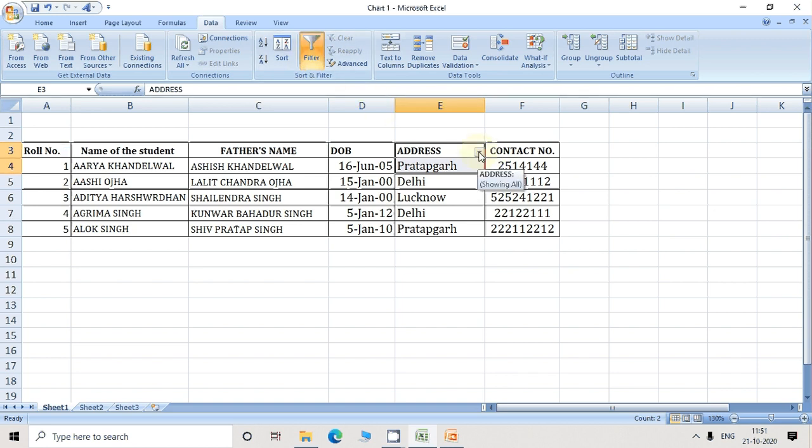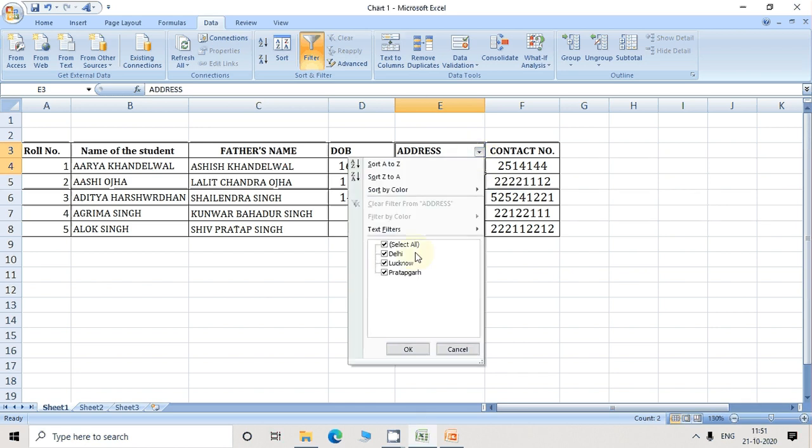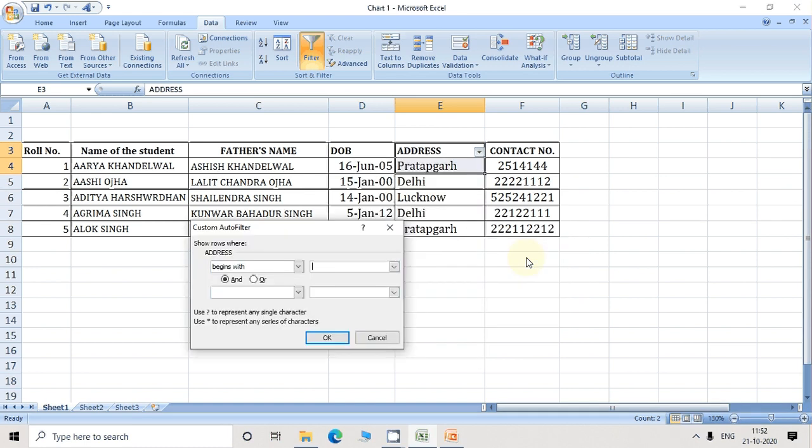Here you click on this arrow, then select text filter and click on this begins with condition. Click on this begins with, that is L, begins with L. You type here the letter L, begins with L, and click on OK.